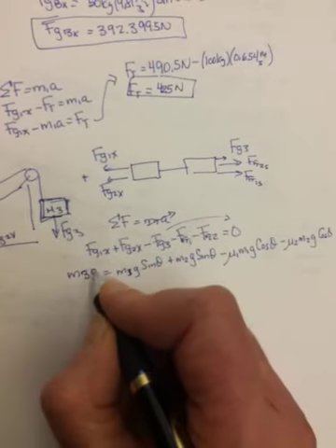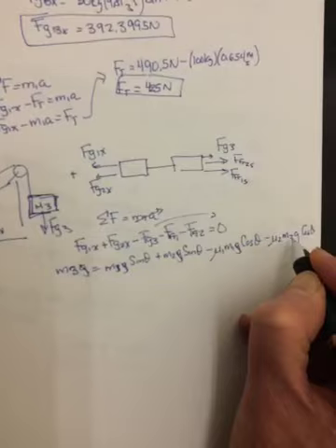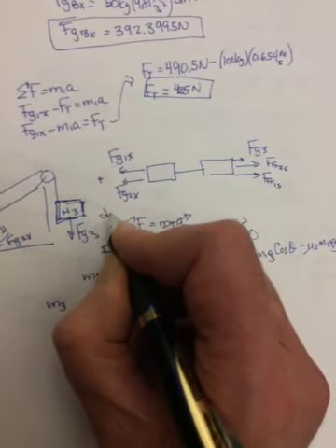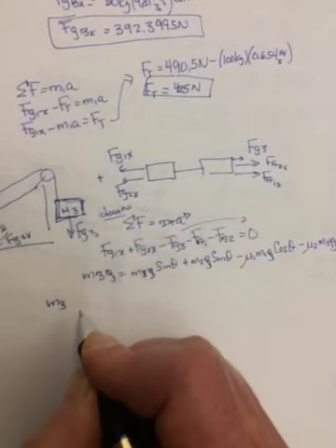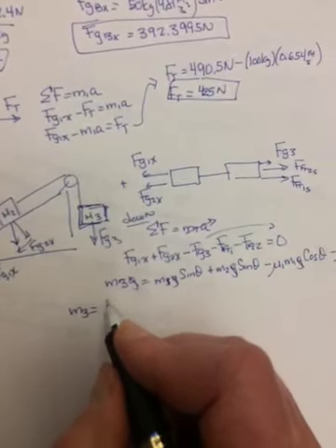Divide everything by G, which just really means there's a G in every term, so I can just get rid of it. Okay, so M3, so this is down incline, will equal M1, which was 20